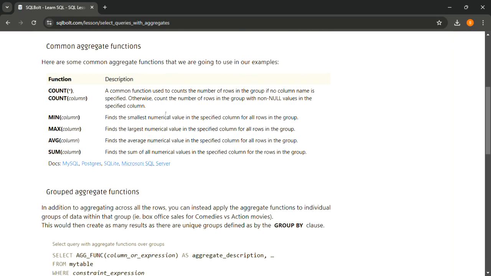All right, so this depends on the software, like MySQL, Postgres, SQLite,